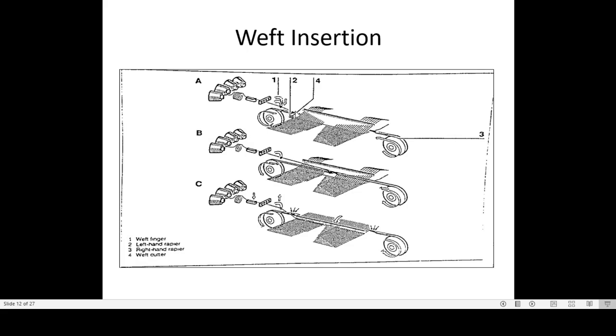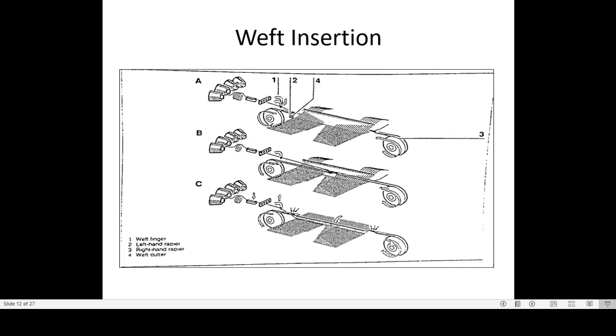When it is carrying forward, the cutter cuts the weft here. The length of weft hangs between the left hand selvage and the selector device, so the leading end will be ready here. So the first position is weft gripping. In the second position, see here, weft transfer takes place. We are transferring the weft from the left hand rapier to the right hand rapier. Then the right hand rapier takes the weft